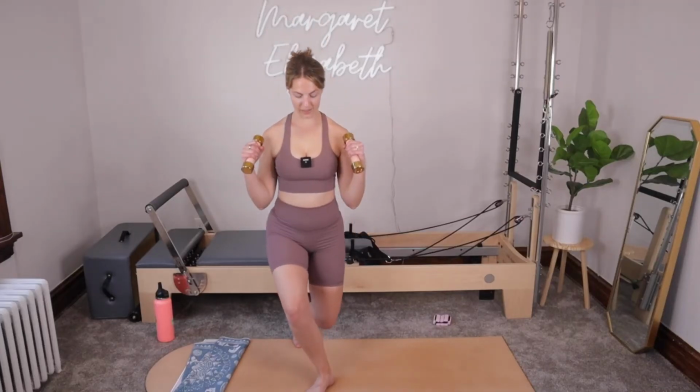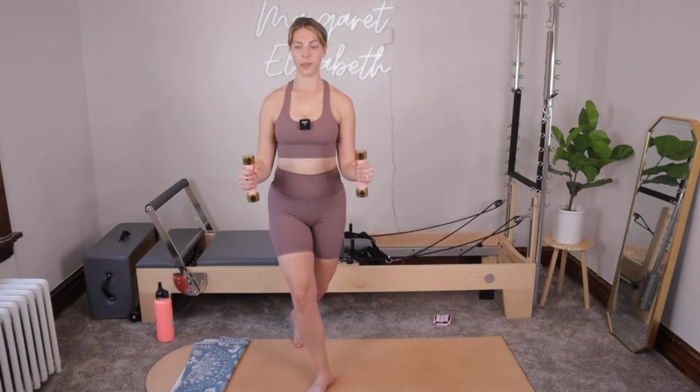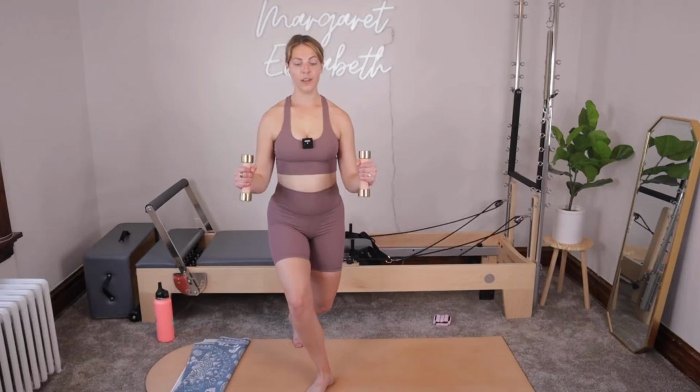Now with my front foot, I have a little turnout of my toe. And that feels okay right now. You can try that if you want to, or if you feel especially wobbly. Let's go for 4, for 3,